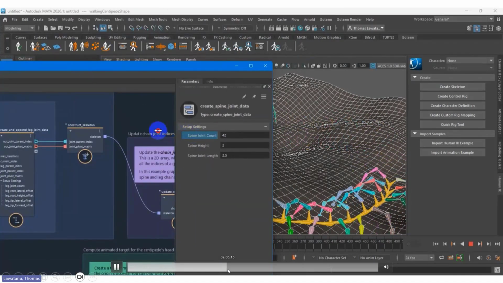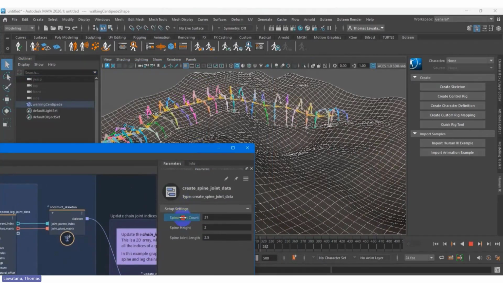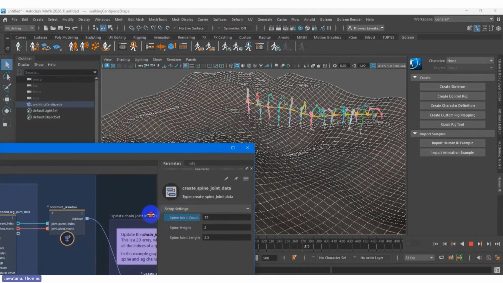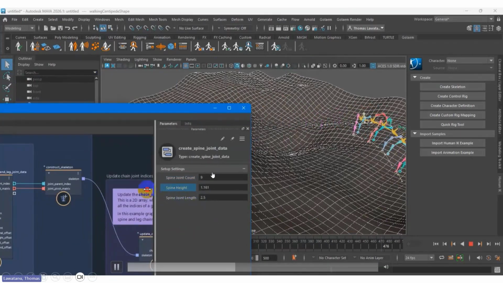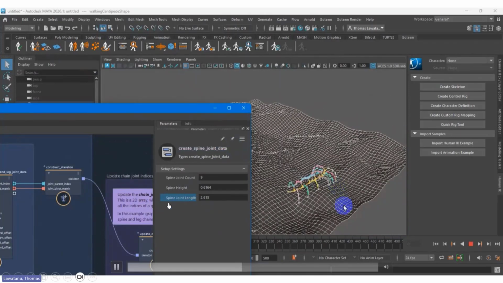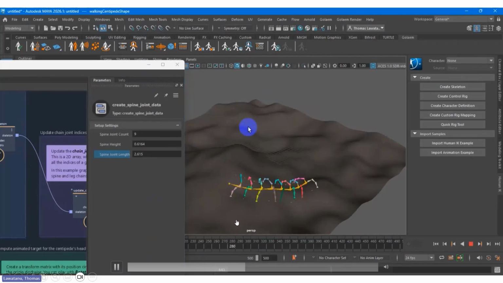Even if the spine is too long, I can make it shorter. No problem, you can customize everything. These options are generated by this visual programming. It's not automatic, but for example the spine joint count and the spine height are all there, so you can check inside Maya.